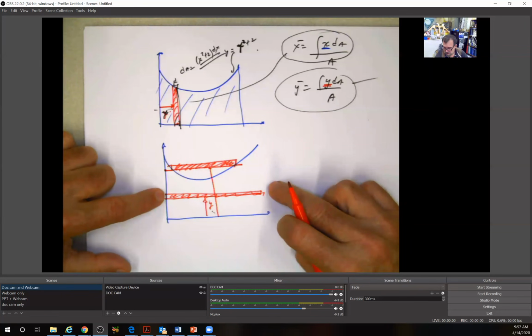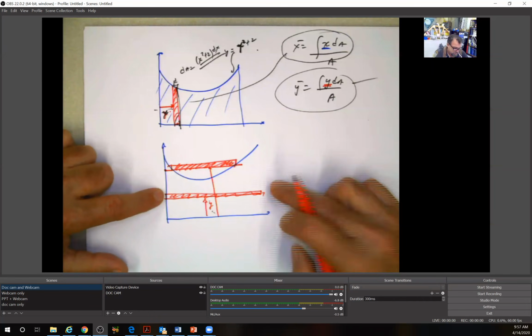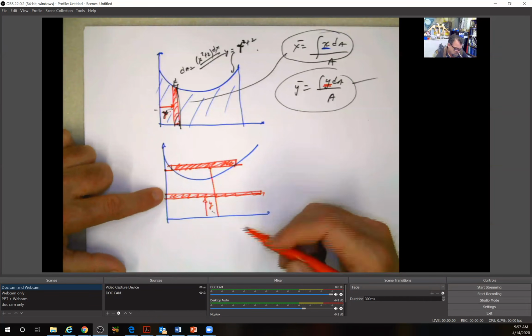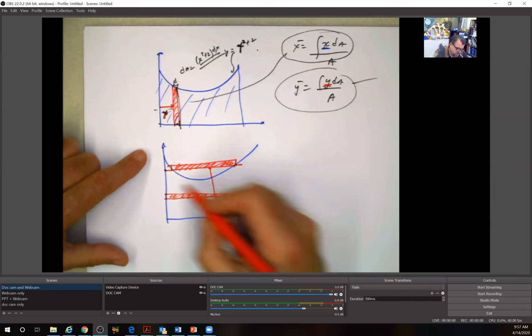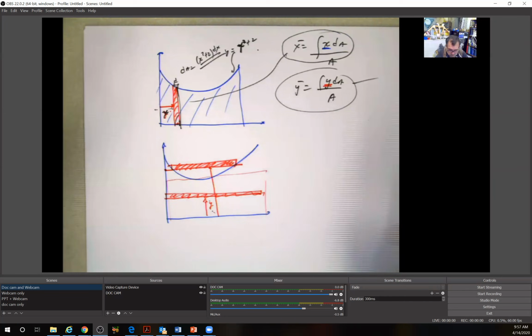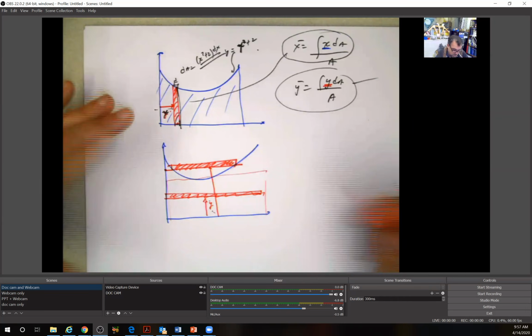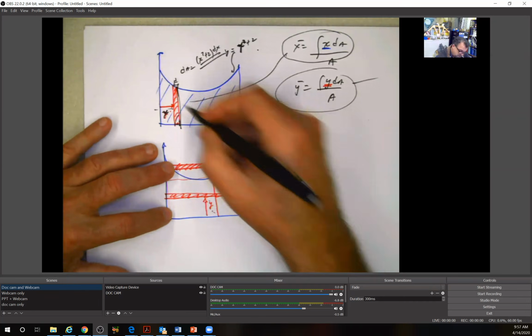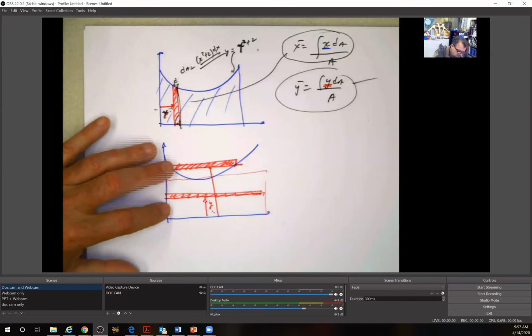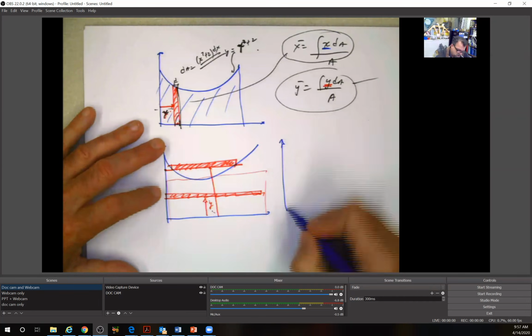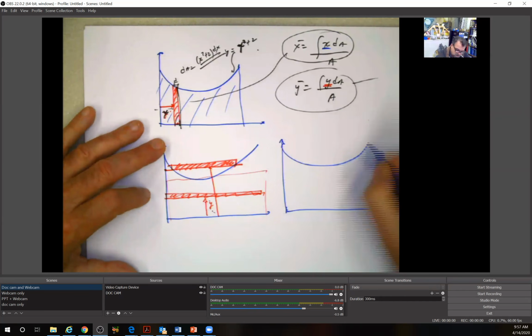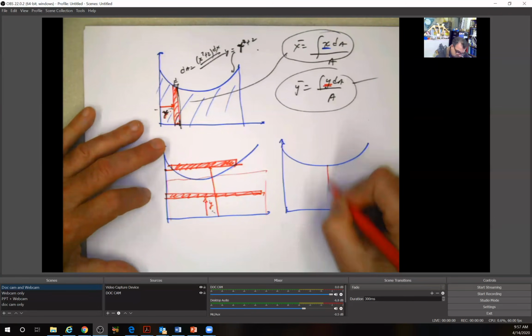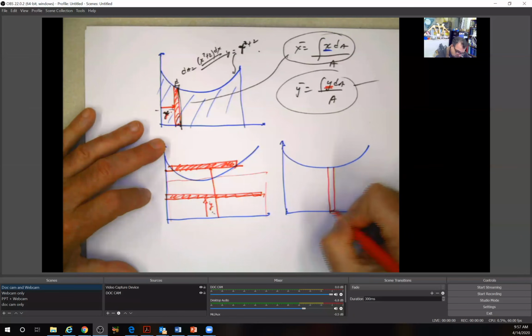The only way that you can do that is if you combine two shapes and say, oh, this is a rectangle and this is a parabola or something like that. But it's going to be a pain. So for this particular case, you could use the same differential of area that you used before and say, oh, but look at that. If I use this differential of area like that,